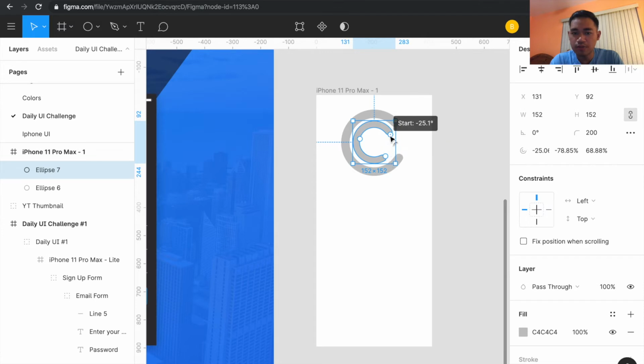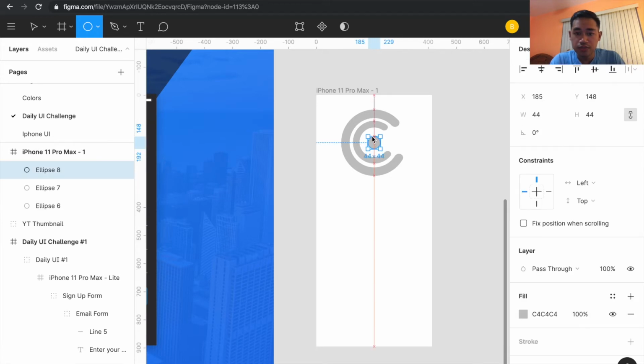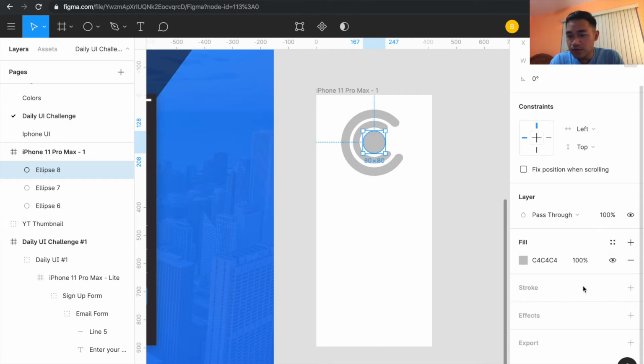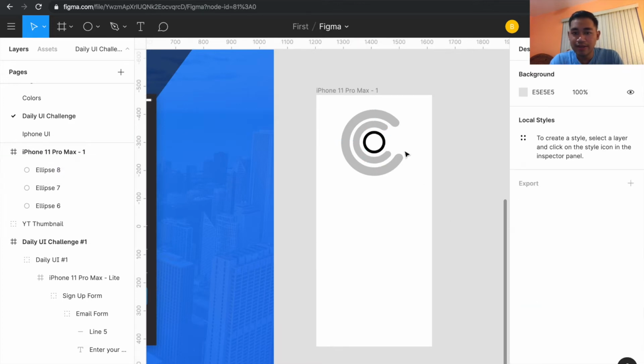Make it a little more open. Try to match it up. And then do one more circle right here. Option Shift. I'll have to center this one. It's kind of a little off. And instead of doing fill, I did stroke. So I'll minus the fill. Do like a 10 maybe. And then pretty much you do the same exact thing to do the other